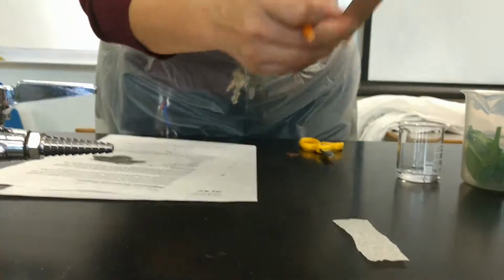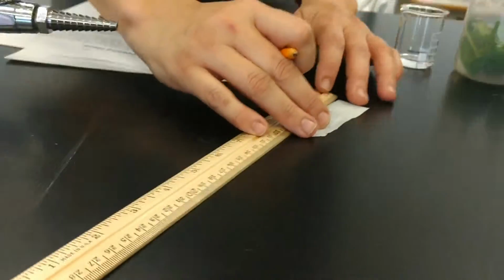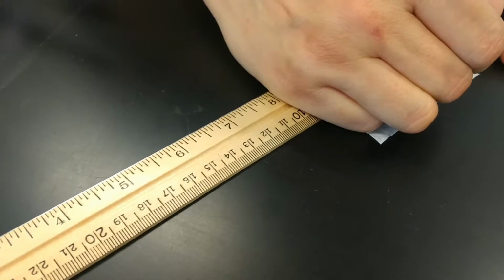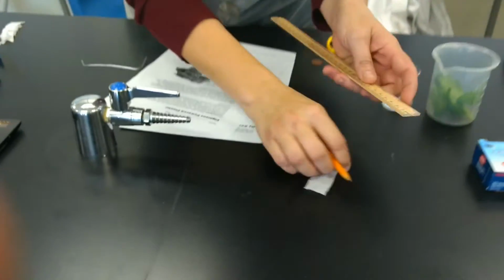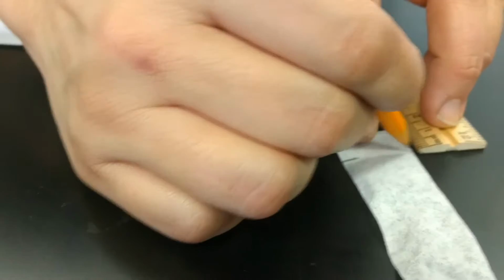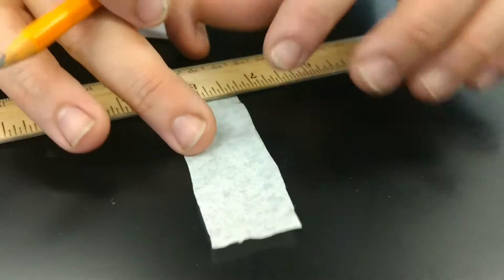Take this and measure 1.5. Make sure you can actually see it, move it so you can see it: 1.5 centimeters, and that would be right here, 1.5 centimeters. I'm going to go ahead and use the straight edge, go on the other side and measure 1.5 again, and then since I do have the straight edge, I'm going to go right across from my measurement,